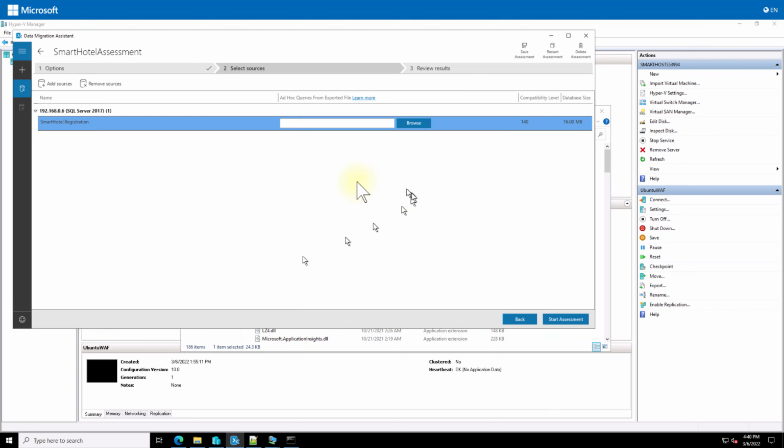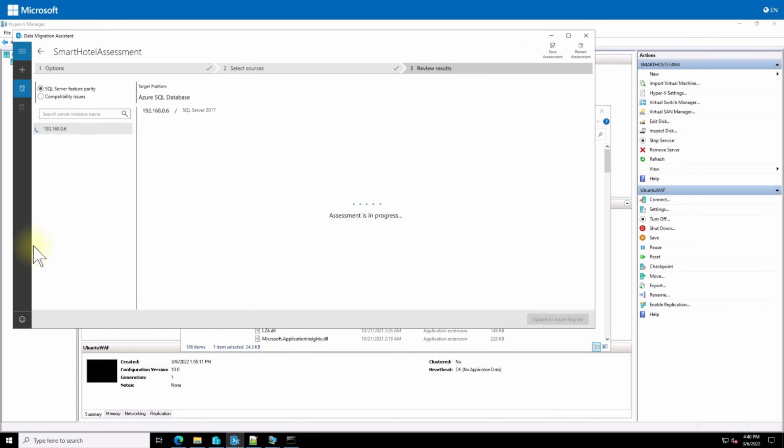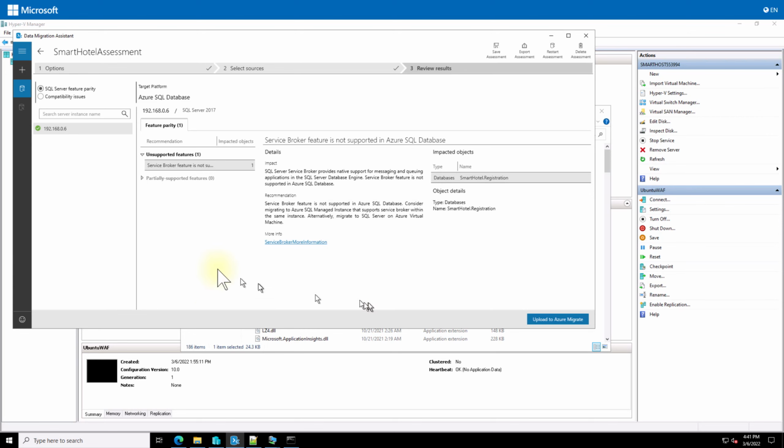We can add it to our project and start assessment. As you can see, service broker feature is not supported. Partially supported features, no. So we are good to go, and we can upload this report to the Azure Migrate service,